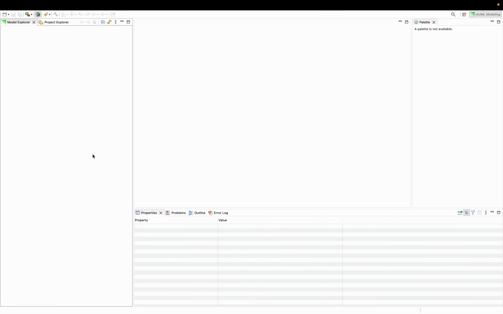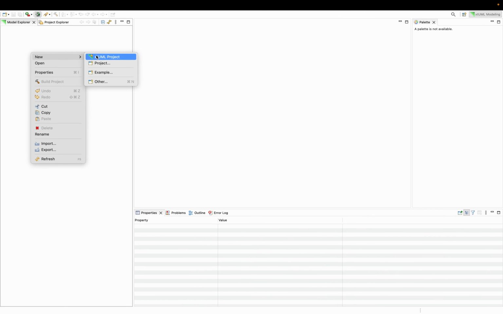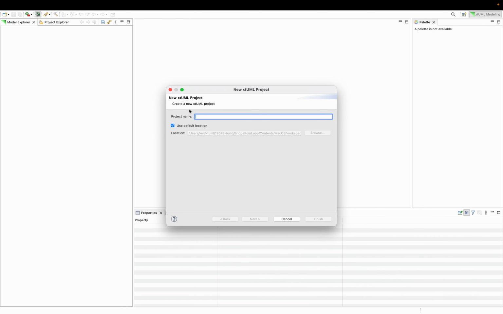Hello. Today I want to demonstrate some of the textual xtUML user experience improvements associated with issue 12.675. First thing I want to show is creating a new project. If I create an xtUML project and name it,